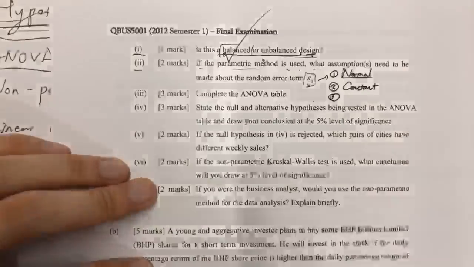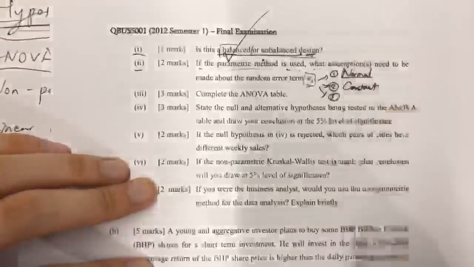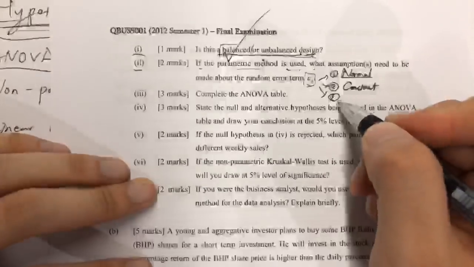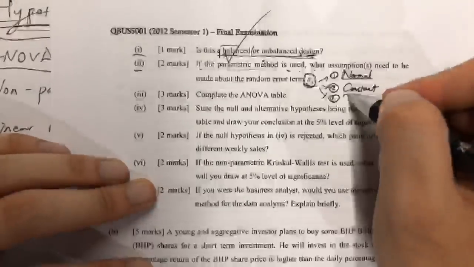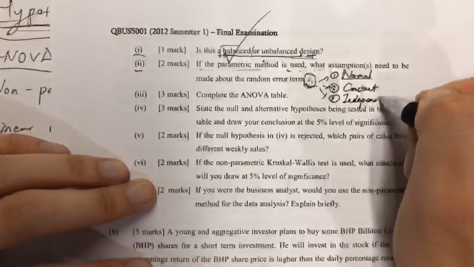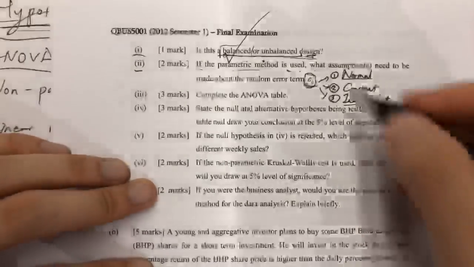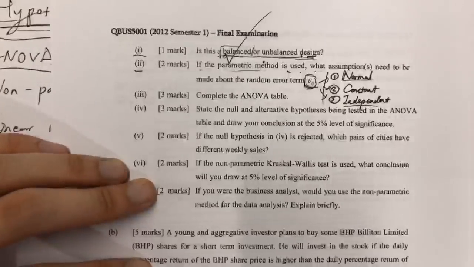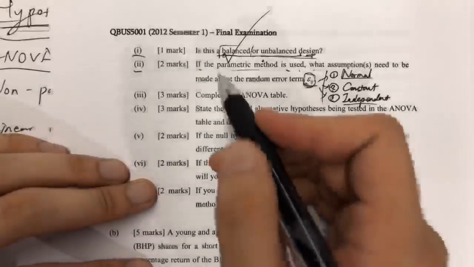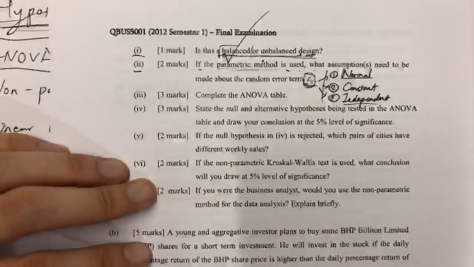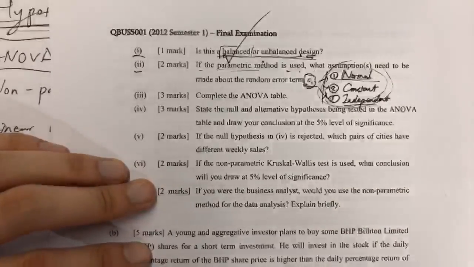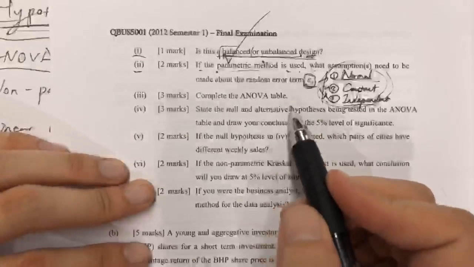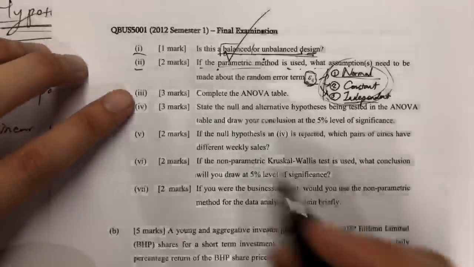And thirdly, what else? What about the relationship between different error terms? They need to be independent of each other, right? So independent. Okay, so those are the 3 requirements or assumptions for using a parametric test, right? Because if any of those assumptions, especially the normal assumption, is not met, then we need to use the non-parametric method, right?